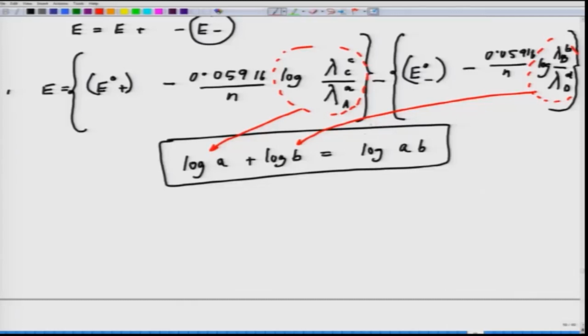So, we can really multiply these two terms. If you rearrange this whole thing, the equation becomes E is equal to E0 plus minus E0 minus, which whole term is essentially your E0,